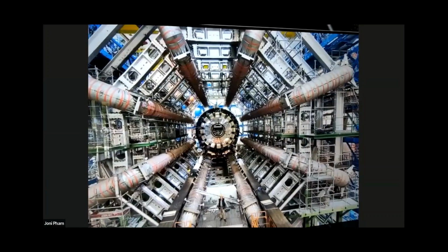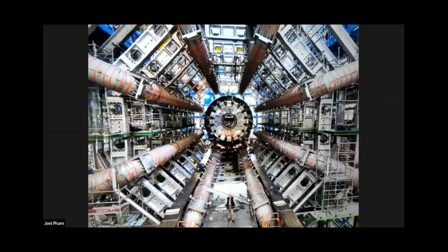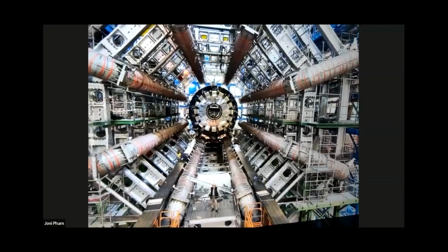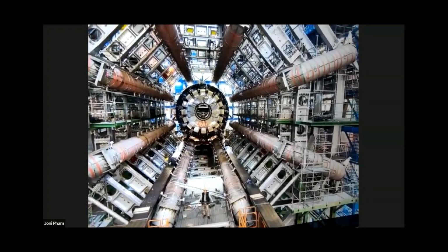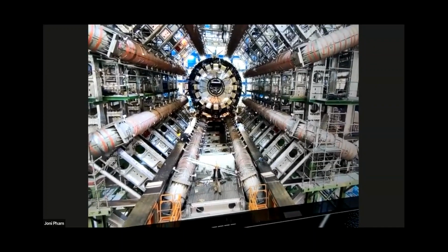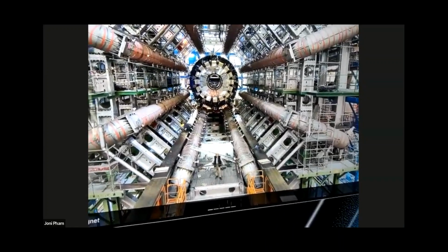So the magnet system, of course, its function is to bend the path of the charged particles, and from there we can measure the momentum of the particles. And here they use two different types of superconducting magnet systems, solenoid and toroidal. They're cooled to almost